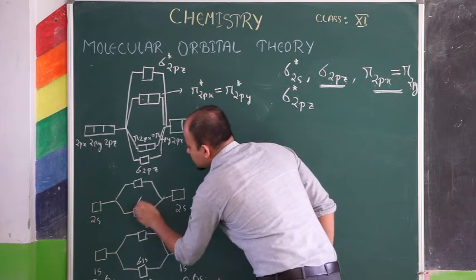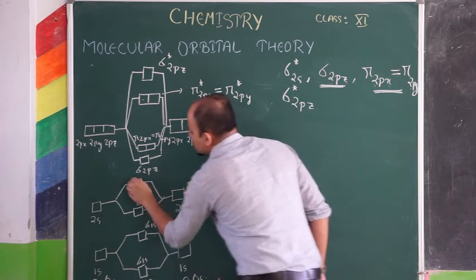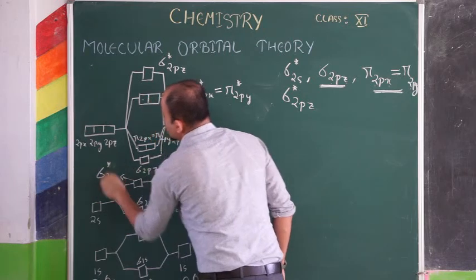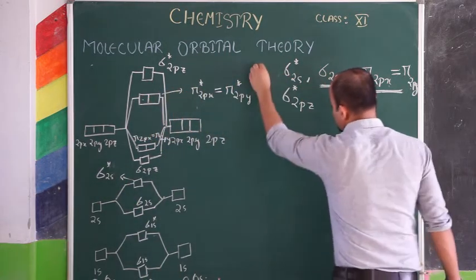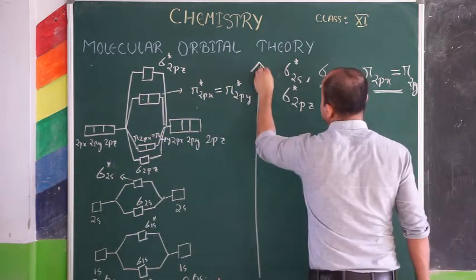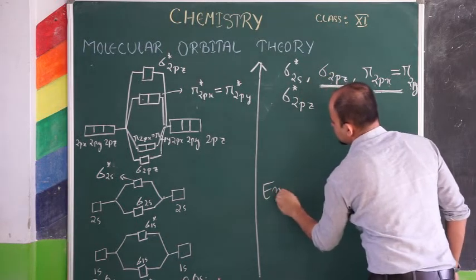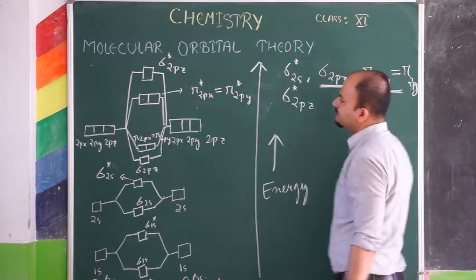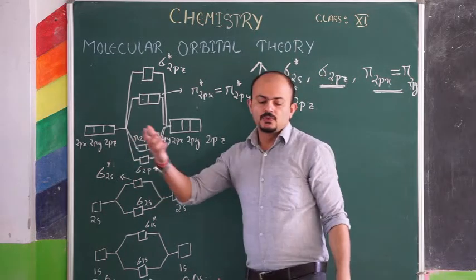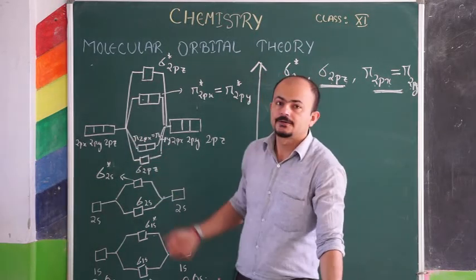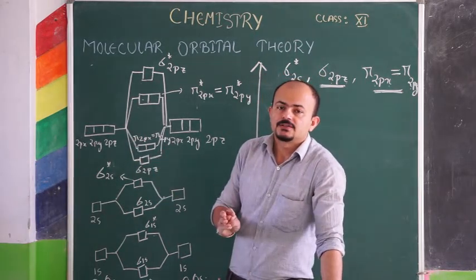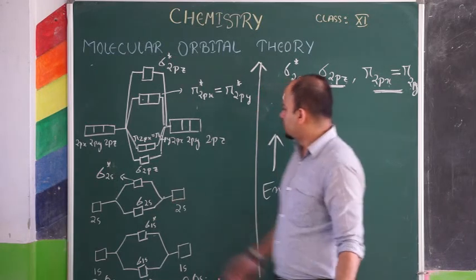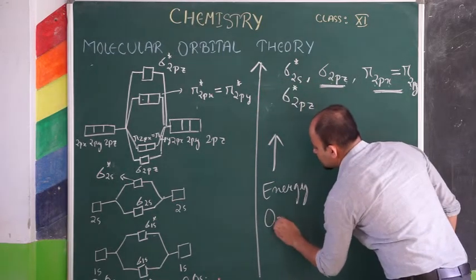This is sigma 2s, and this is your sigma 2s star. So as you go up, energy increases. So this is the molecular orbital diagram for which elements? For oxygen, fluorine and neon. Now if you have to fill the electrons for oxygen, that means